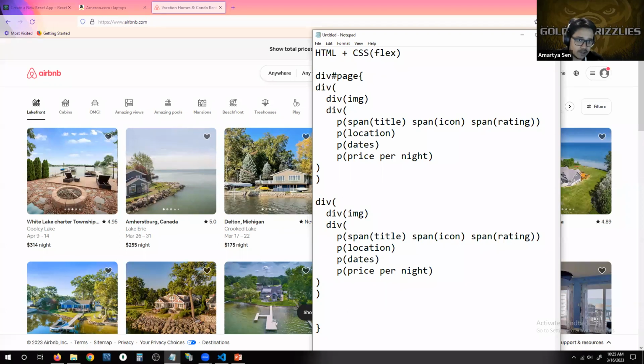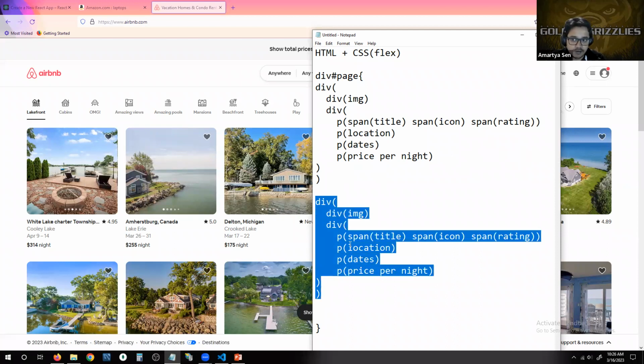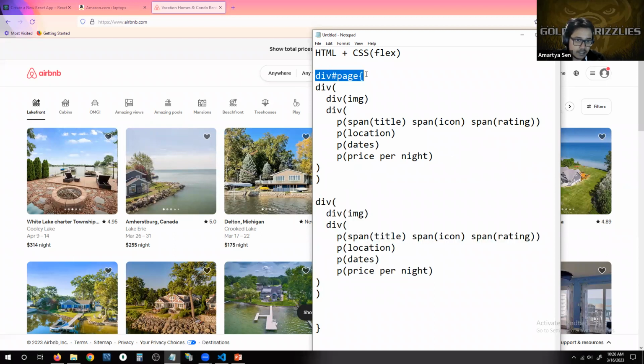Okay, or display flex. So what it will do is, based on the availability of the space for this entire page, it will auto arrange all of these div items within this parent div, right? So the reason, as you should be able to understand at this point of time, if you're developing a very